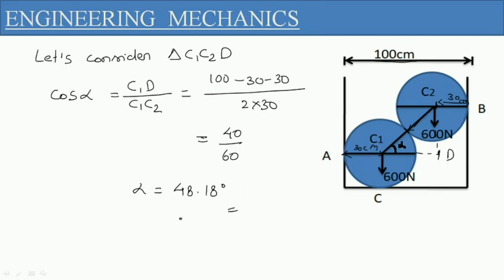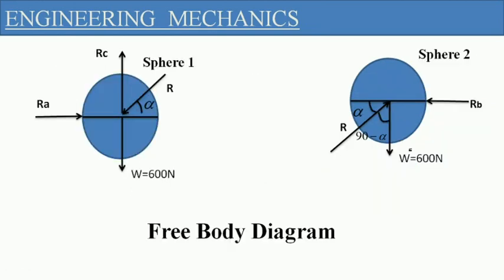So here we have the value of alpha. Now we will use this value of alpha to solve the unknown terms. So let's start the further solution. Here we need to draw the free body diagram if we want to define the pressure at the contact point. Pressure means reaction at that particular point, because we have to define the pressure at the contact points only. So first we will draw the free body diagram.